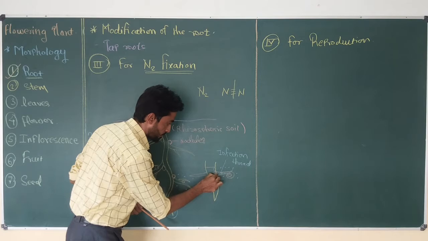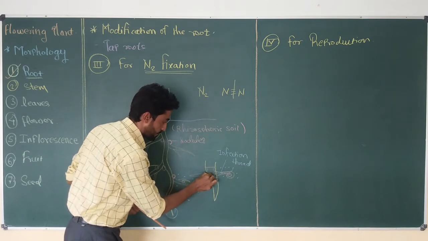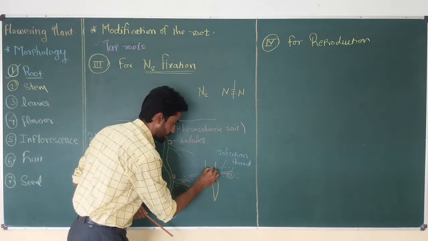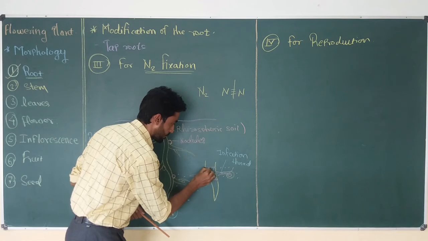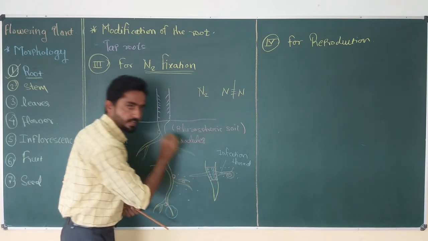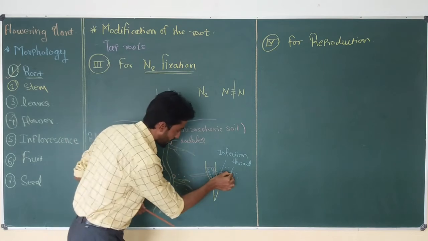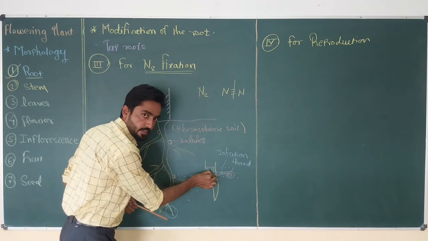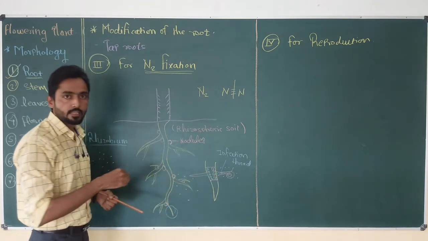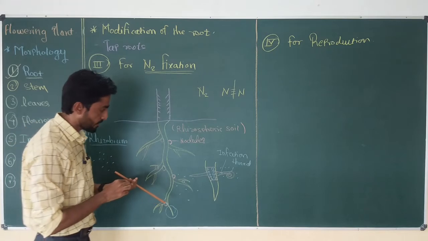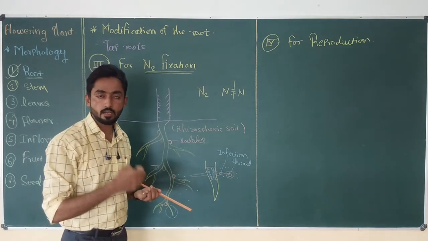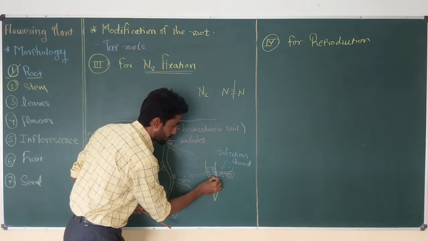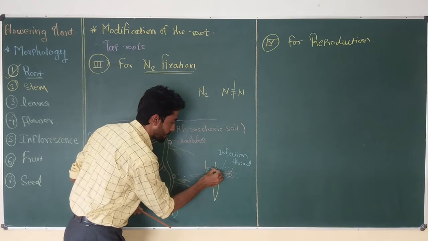We know that the outermost layer of the primary root is the epidermis, and inside the epidermis, the plant has the cortex region, then xylem and phloem, or vascular bundle. Now this rhizobium thread enters through the epidermis to the cortex, and once they reach the cortex region, they stimulate the cortex cells. Now the cortex cells divide rapidly, uncontrolledly, and due to the division of the cortex cells, a cell mass is produced in this area.